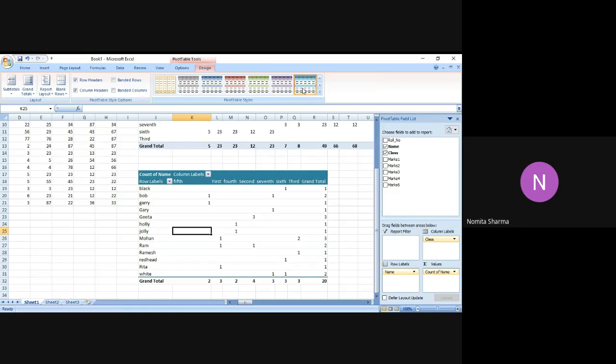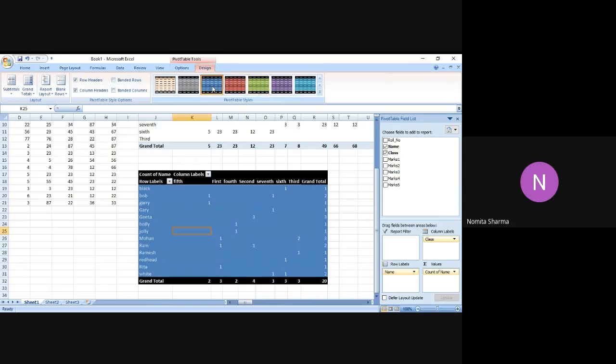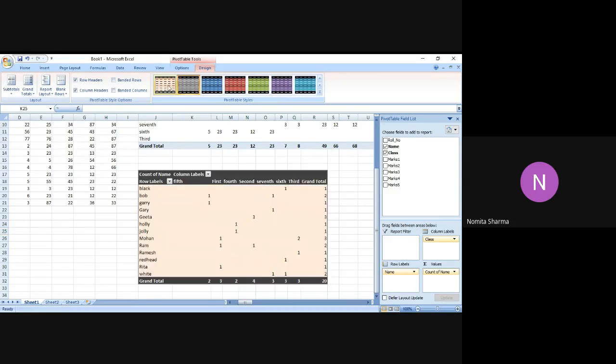But I can beautify my table by selecting different design options in the design command. I can have this as well. I can use any color depending on my selection. Right. So this was the, oh, I have that also, but that is too dark. But remember, the color choice has a logic, and it should have a logic, I believe.